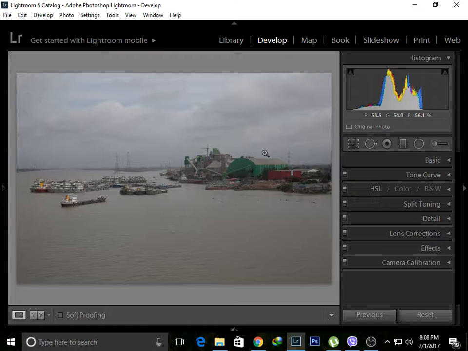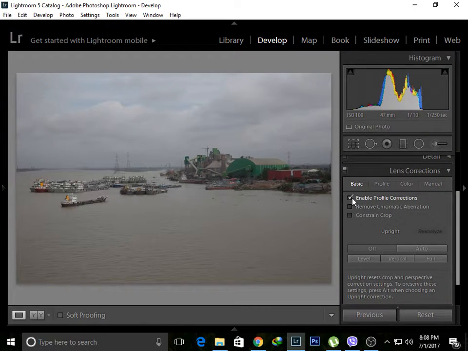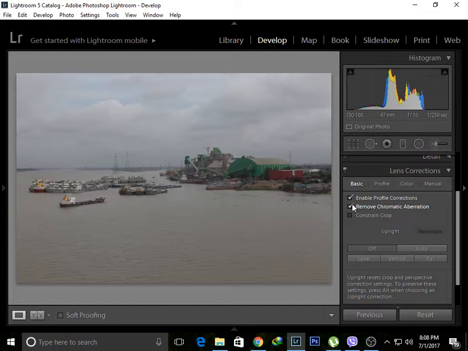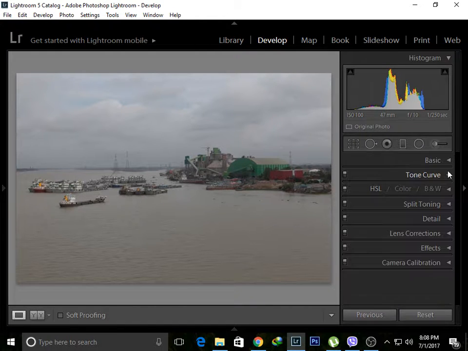So for editing this photo, first what I like to do is see how my eyes saw. For that I'll go to lens correction and I'll enable profile correction and remove chromatic aberration. So lens correction is done, and after that